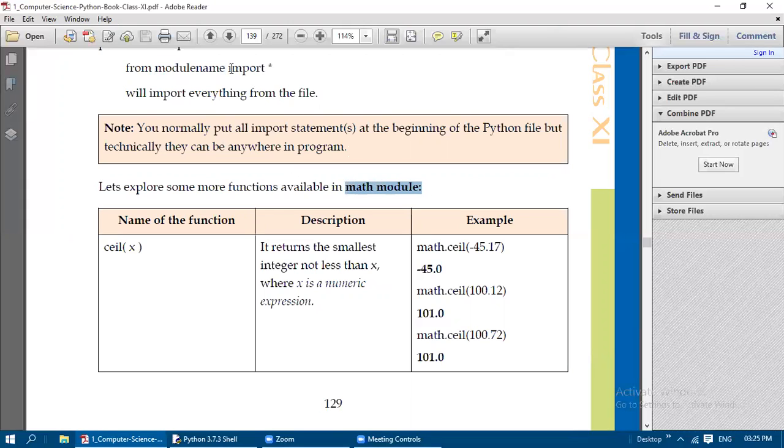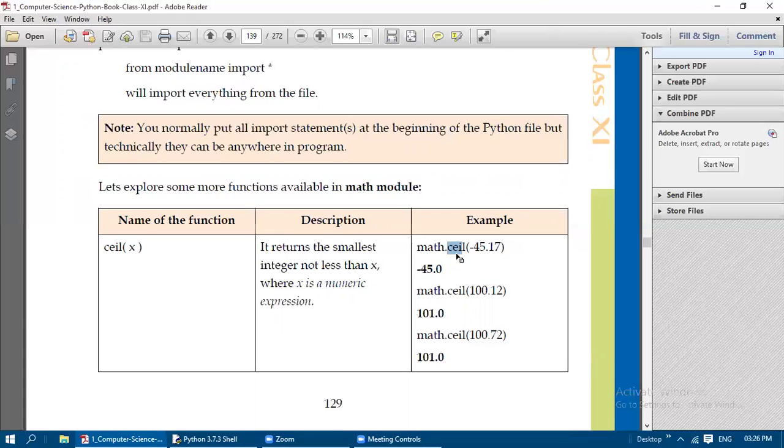We have used the square root function. In the same manner, let us see the other functions in the math module one by one. First one is ceil of x. We need to import the math module, and then write math dot ceil. If you want to use a function, you need to use the module name, then dot, then the function name, and inside the parenthesis you pass the value.